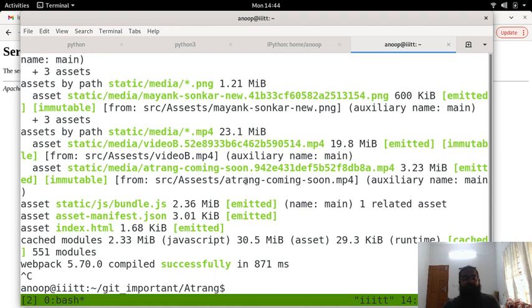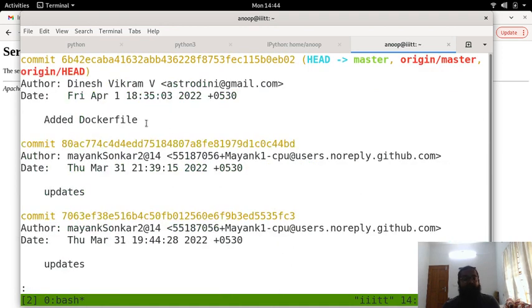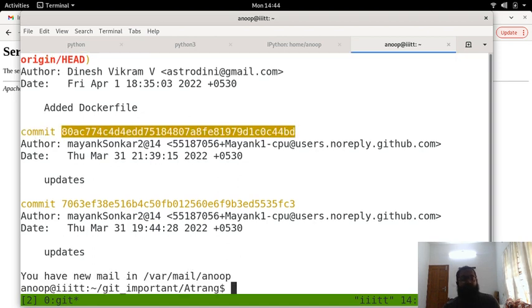So at that time I showed you the git log, right? At that time I thought of a solution, and I asked Dinesh to add a Docker file. So let's take a look at git diff with this commit hash. Okay, so git diff.